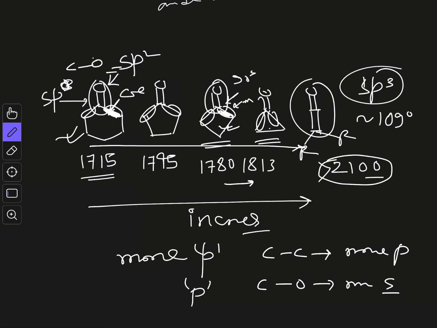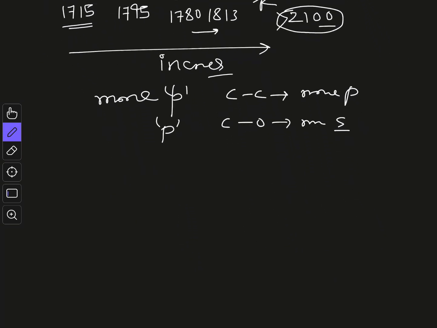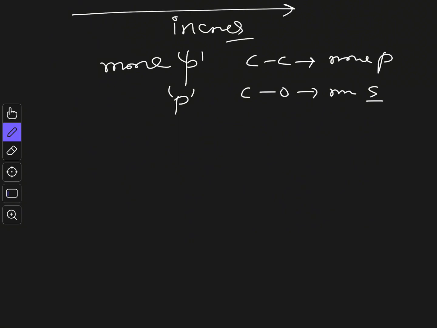So this is why, as you decrease the ring size, the bond strength will increase and the stretching frequency will also increase accordingly. Now these are the examples of exocyclic bonds, and a similar trend you will see if you don't consider a carbonyl group, but a simple exocyclic ring like this. If you compare between these two, this is not a carbonyl group but an alkene. Again here also, from this side to this side it will increase.